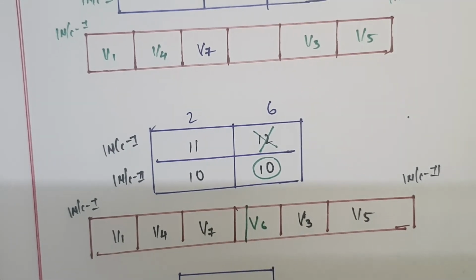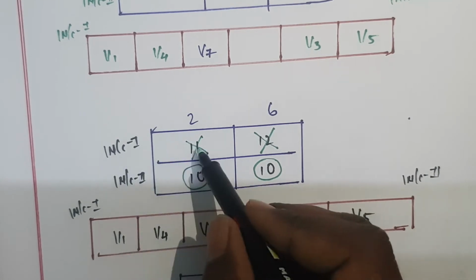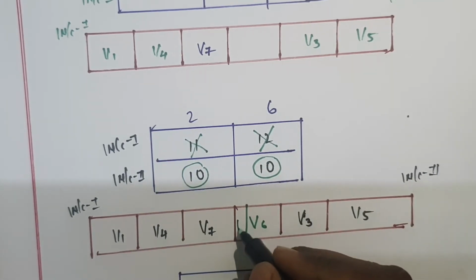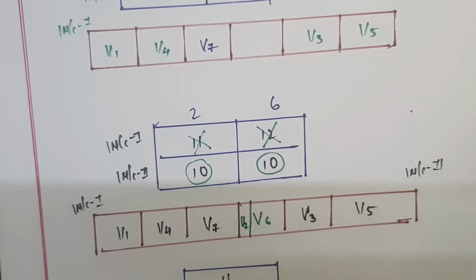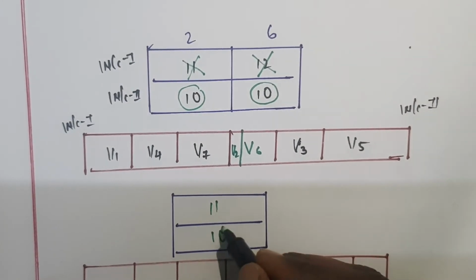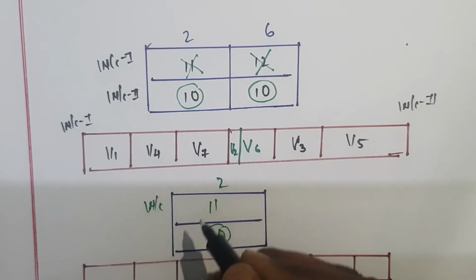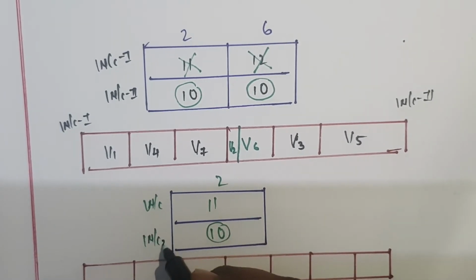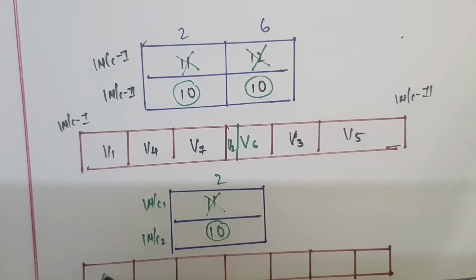Still one is left. So what you have to do is, for finding that one, this is the least value, cancel this one. So WC1, 2 is there. So here you can write the V2. Like that, 11, and here you can write the 10. First one is the 11, then next, this is the least value, this is the 2, this one is known as WC1, and this one is known as WC2. So cancel this one. So here you will get like this.